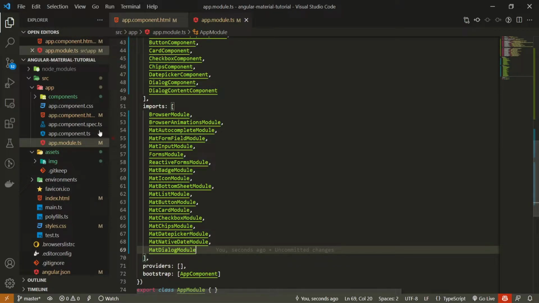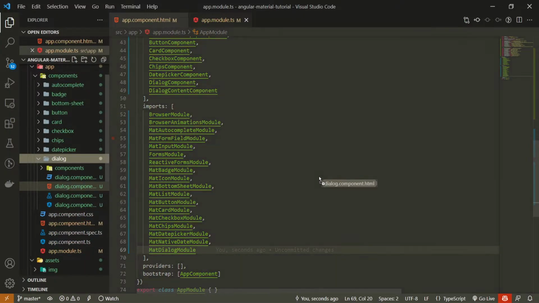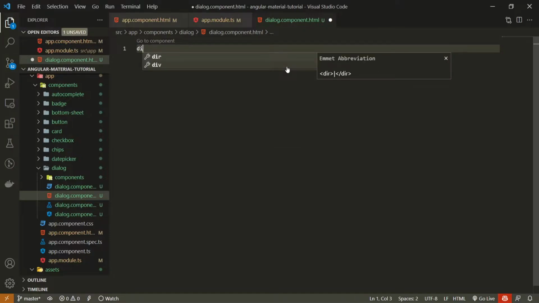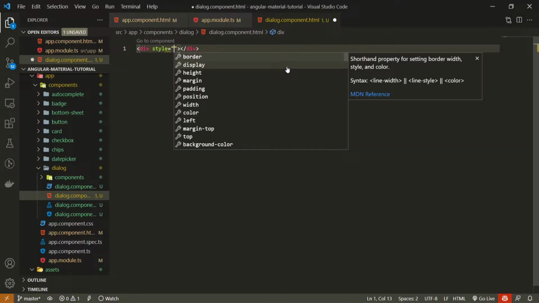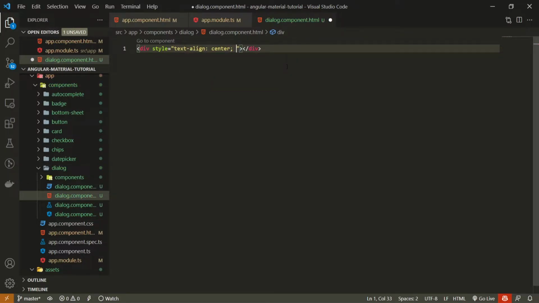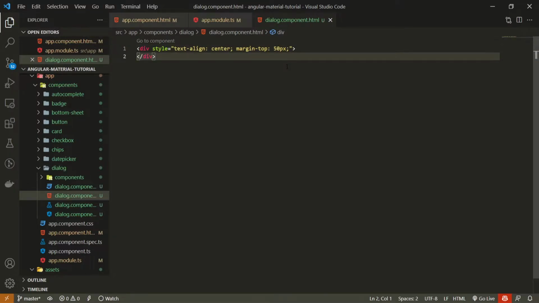So from here I can go into my components and open up this dialog. I will go into the dialog component HTML file, and now let's create our button to open our dialog. First of all, I will create a div which will hold a style attribute. This style attribute will have text-align set to center and margin on the top set to 50 pixels, and inside of this div we will create our button now.